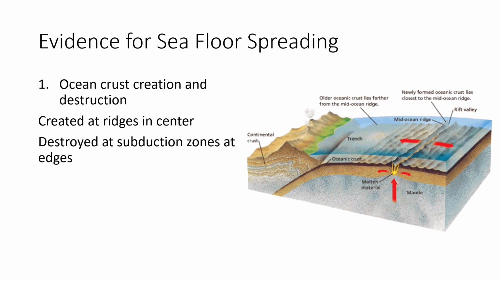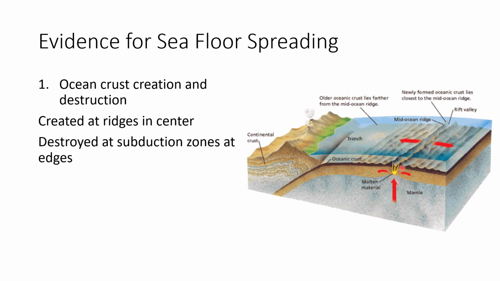So what that little guy in the airplane was saying in the cartoon on the previous slide was obviously exaggerated, because the process of seafloor spreading happens at such a slow rate that it's really impossible for humans to even notice that it's happening. It happens at maybe 5 centimeters a year that the ocean gets wider. But the basic evidence we have that supports the idea that the seafloor is spreading, though it's happening so slowly that it's hard to tell, is that we can